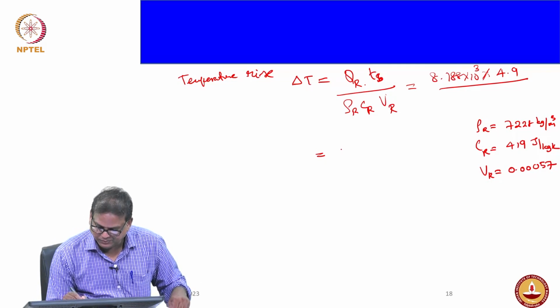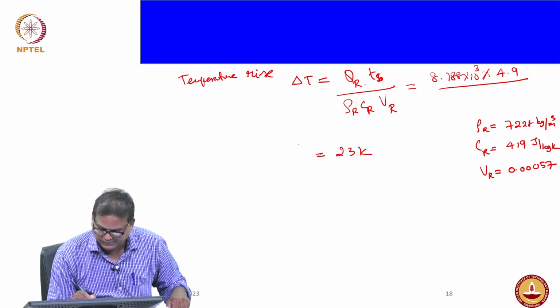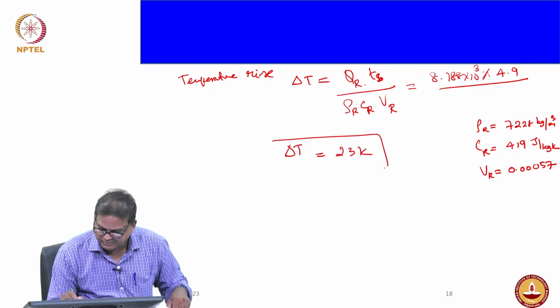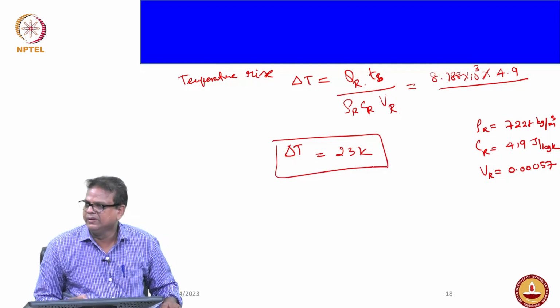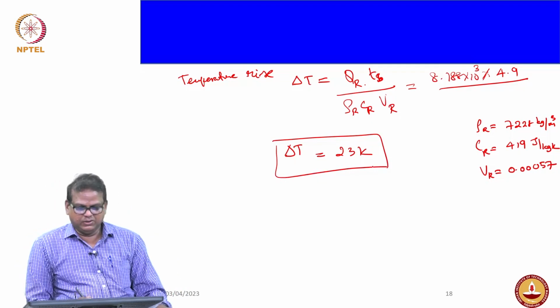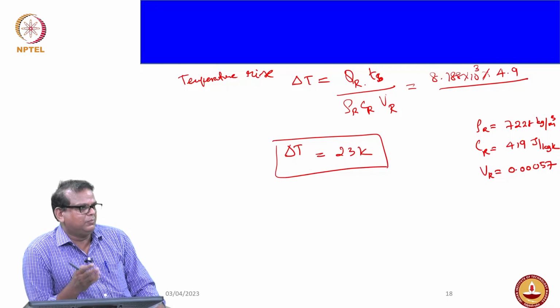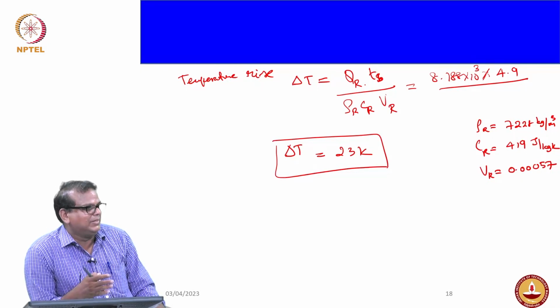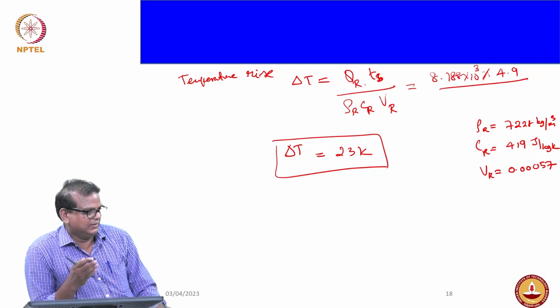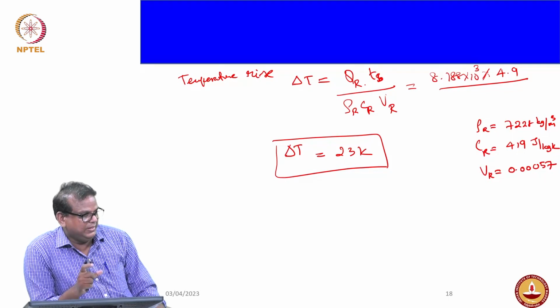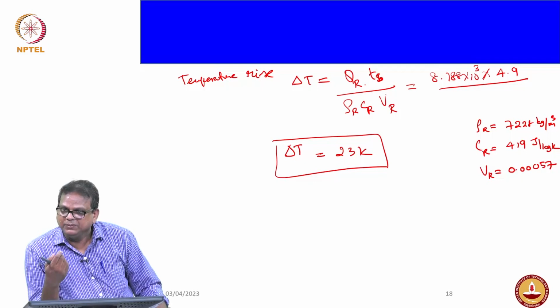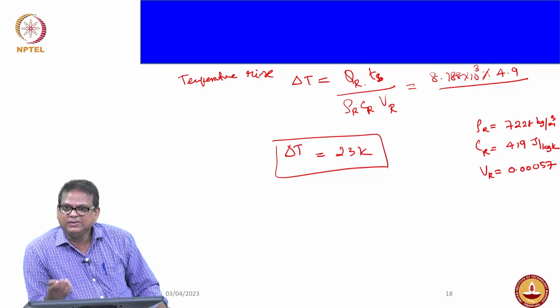I think you should get 23 Kelvin, the delta T. This is the value you should expect, right? Delta T is 23 Kelvin. So initially we found out what is the energy absorbed by the rotor. That's one step we have done. The second step, we are able to find out what the delta T for each cycle is going to be. Now we have to find out the